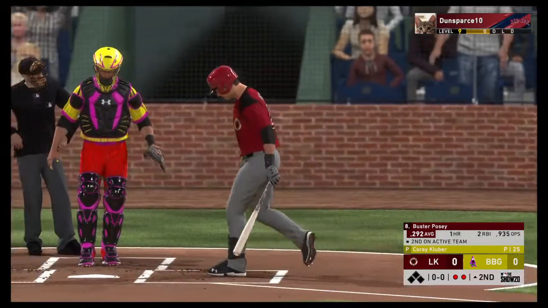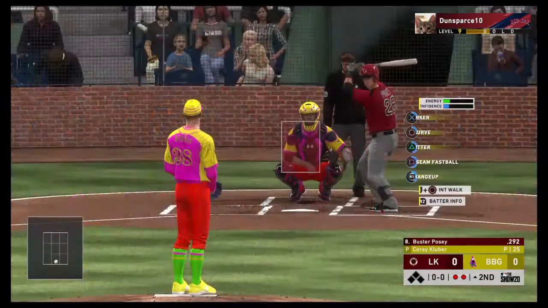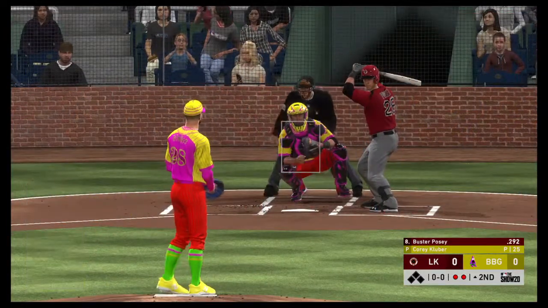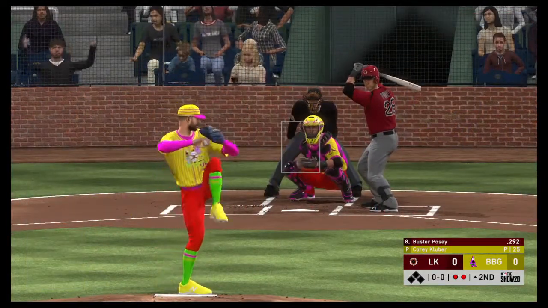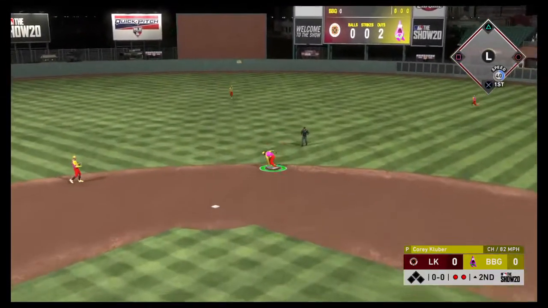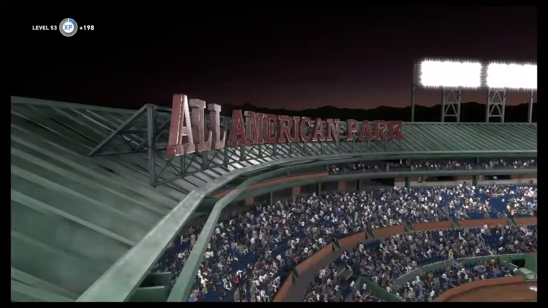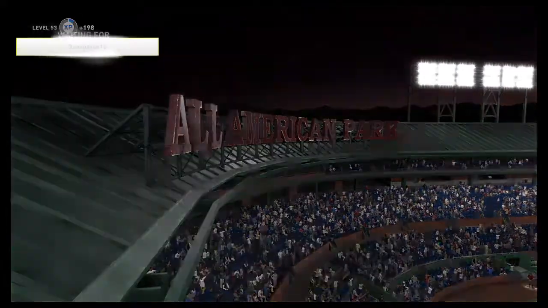So bases are empty here with 2 gone, and that'll bring up the former World Series champ, MVP, and Rookie of the Year, Buster Posey. Here's the first pitch to him. Hit out toward second. Gregorius has it. And the off-balance throw gets him as he takes away a hit, and the side is...